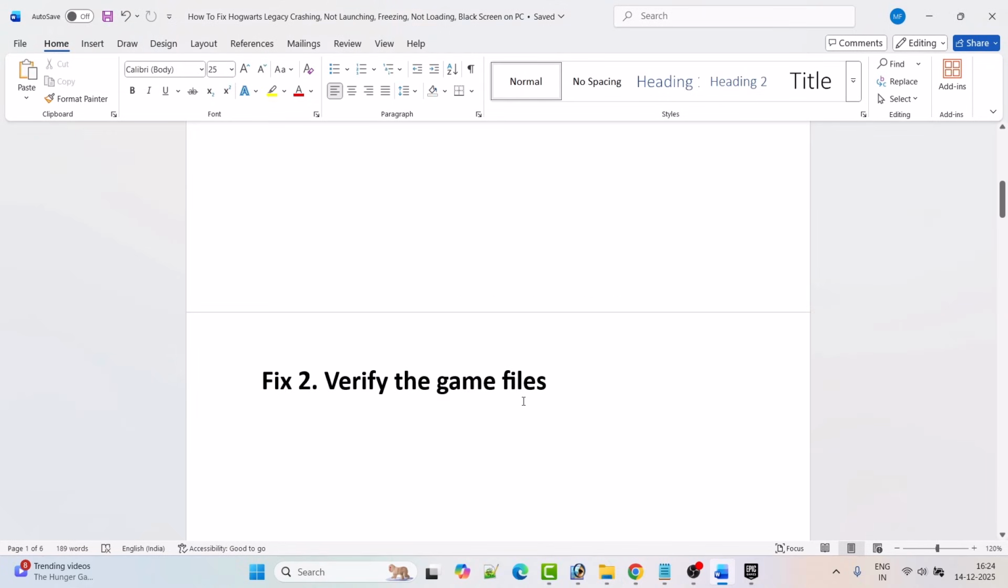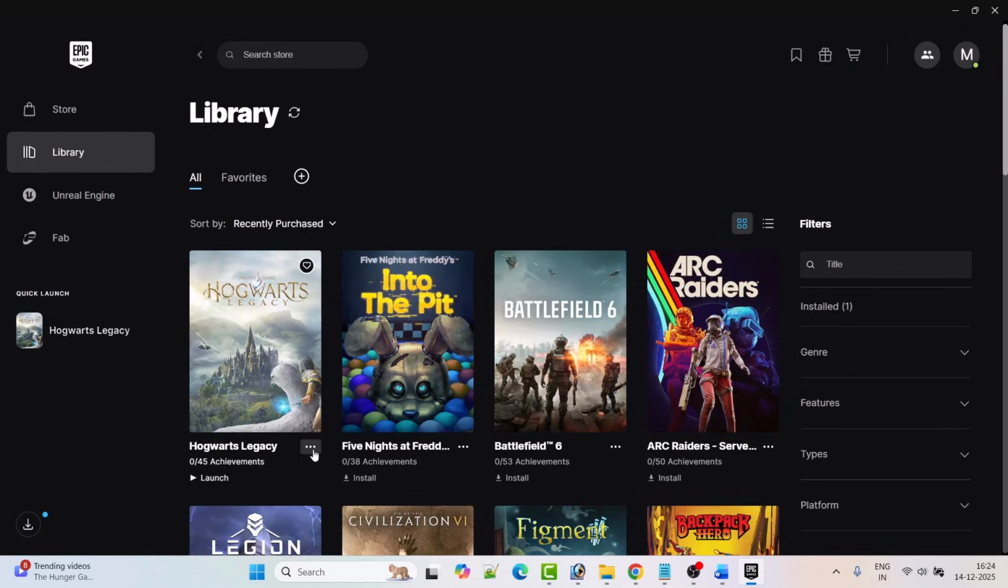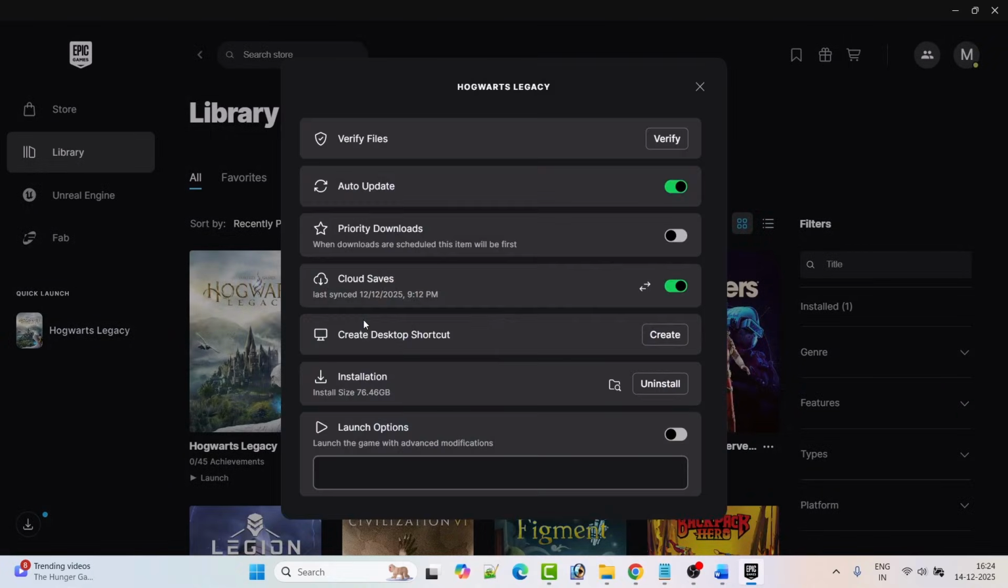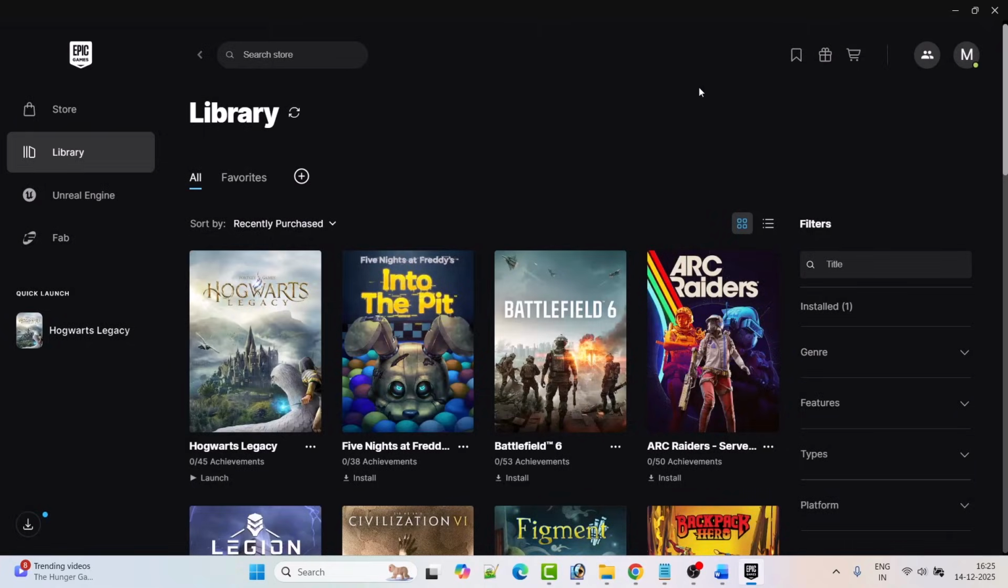Next fix is to verify the game files. So open Epic Games Launcher, click on the three dots next to Hogwarts Legacy game and then click on manage. Then click on verify next to verify files. And after the verification has been done, then you can go ahead, launch the game and check if your problem